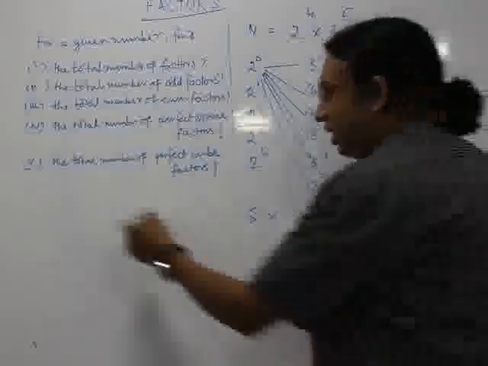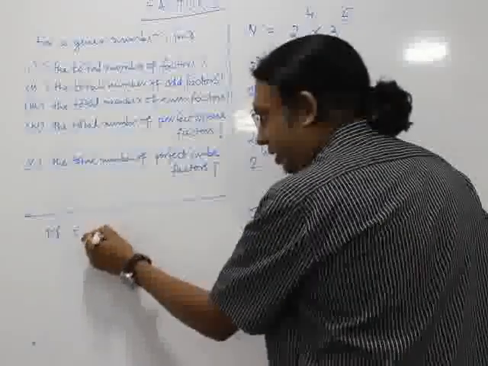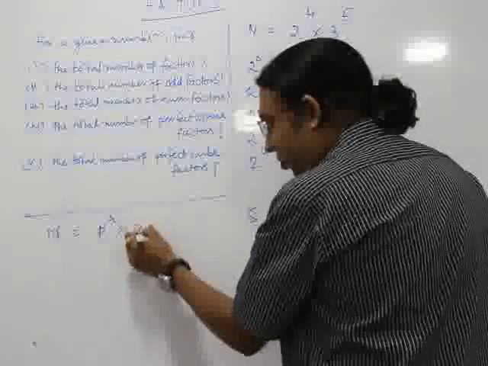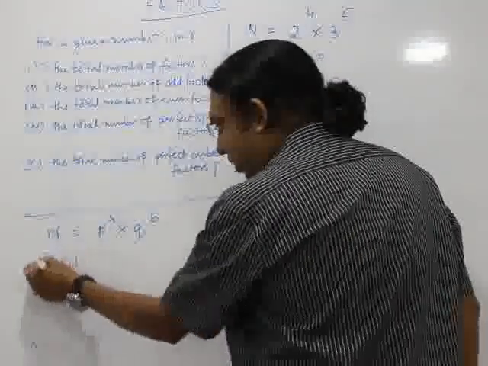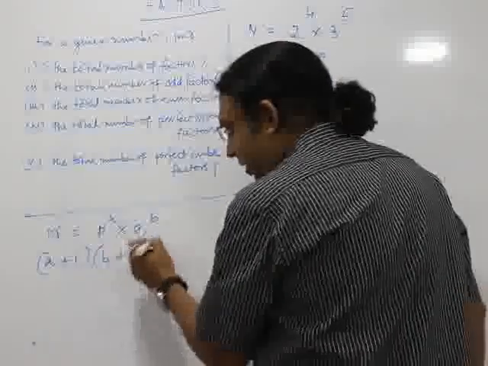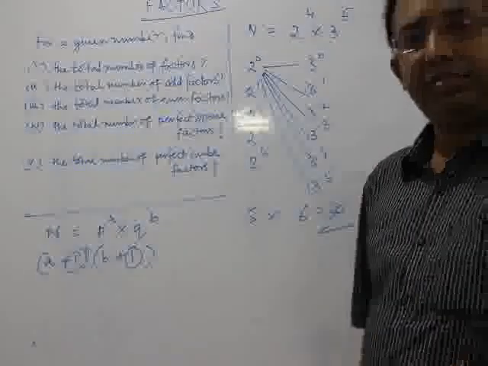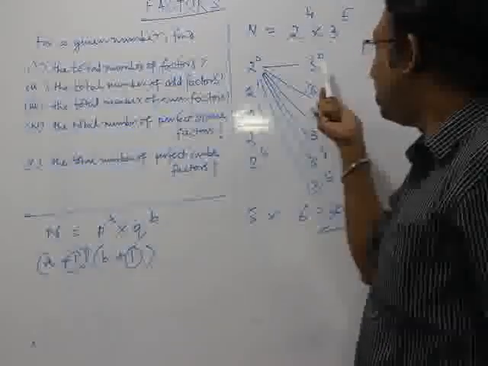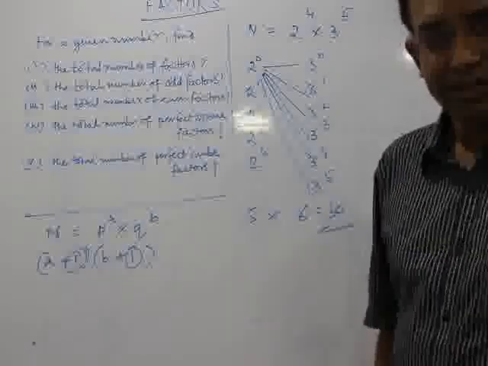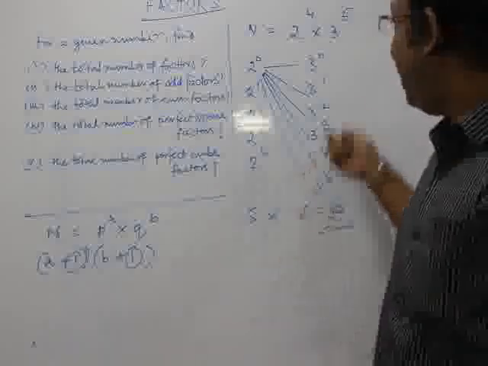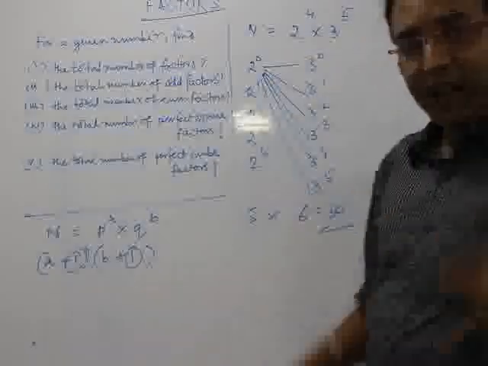Now there is a rule to follow. If our number n is represented as p to the power a into q to the power b, then the total number of factors is always given as (a plus 1) into (b plus 1). Where do we get this from? These plus ones are nothing but the 2 to the power zeros or the 3 to the power zeros or the 5 to the power zeros that are present in that number. Clear? So we get the total number of factors by this method, where we have to include